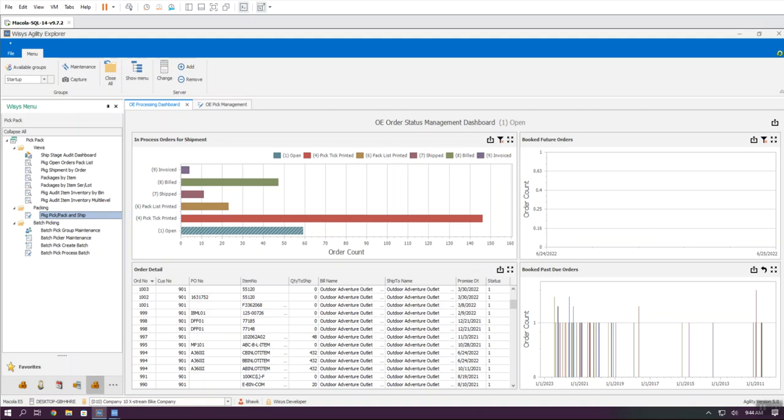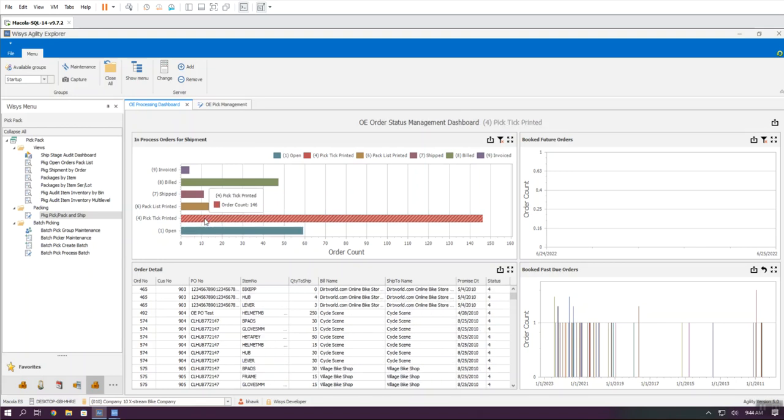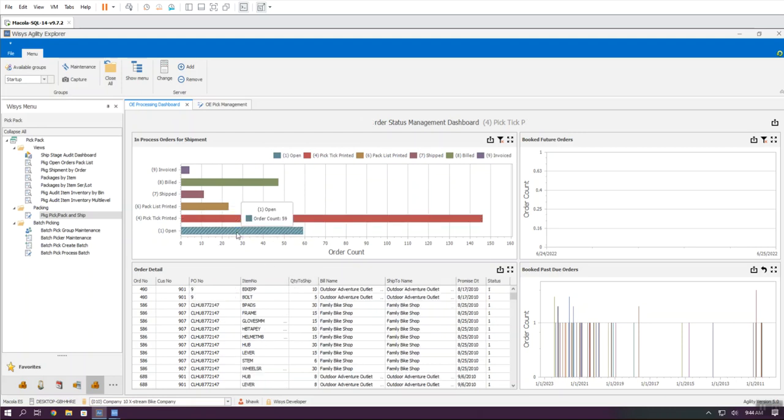I'm looking at my dashboard in Agility Desktop. These are my open sales orders. If I click this image right here, down below I have all the orders that match that criteria. If I want to look at all my pick tickets that are out, I just click that. The idea behind this is pick tickets should be going down and shipments and billing should be going up, and my open orders should decrease as I release orders. So we're going to spend our time looking at sales order